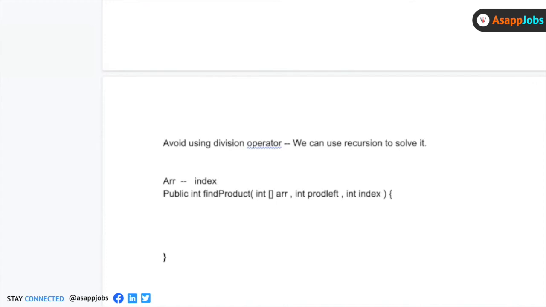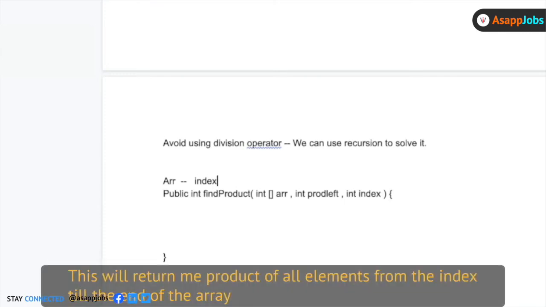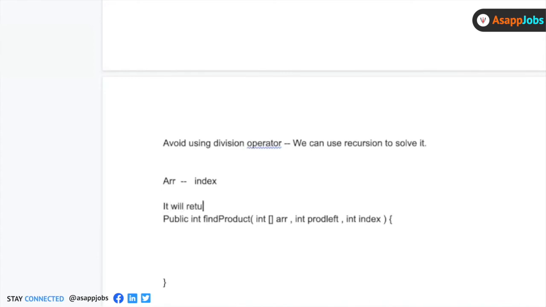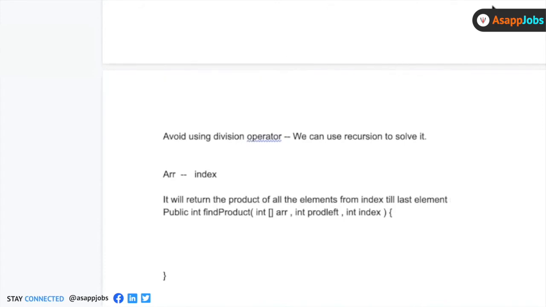And if I also pass the current index, this will return the product of all the elements from the index till the end of the array. Clear, everyone, the meaning of this function? Okay, so this is the function that we have defined.